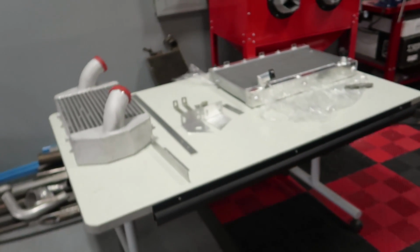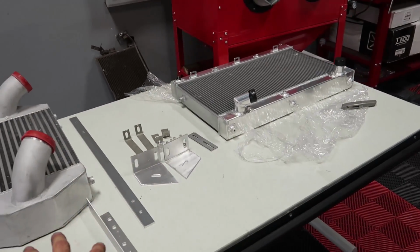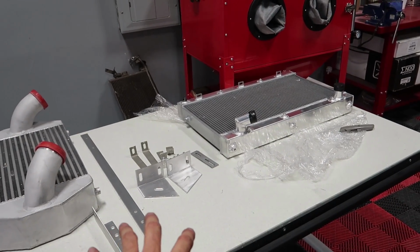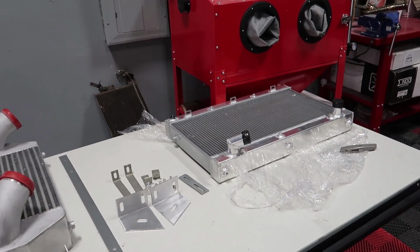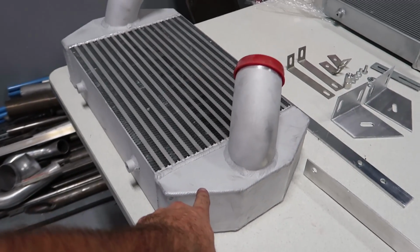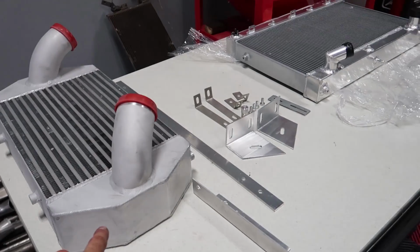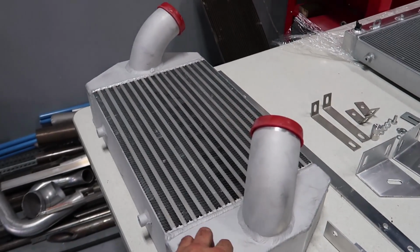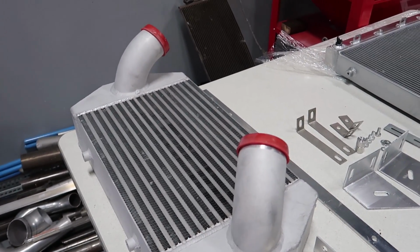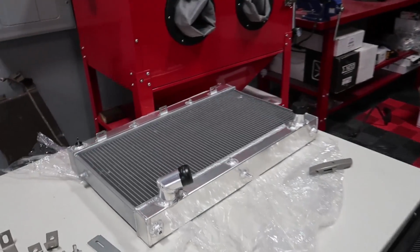So since the DNA guys are here, we've all huddled up as I told you guys we were gonna do. Will's over here, he's got our Rotary Works V-mount set up, all pulled out of the box. This is actually an exciting part for me because this is what makes the front end look really cool in my opinion. We did go ahead and put this in the cabinet and put our typical finish that is gonna be carried throughout the engine build onto that. This will get a coat of paint that will not affect the thermal characteristics of the intercooler. This is going to stay polished,